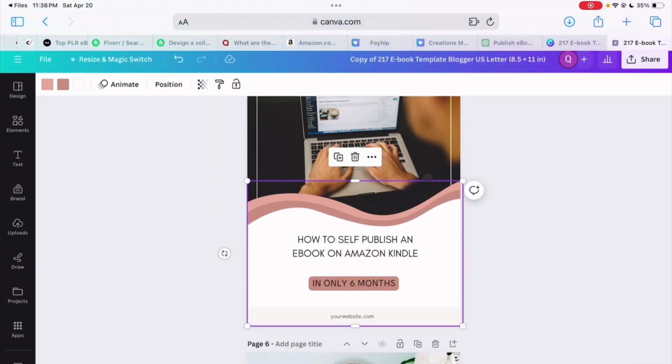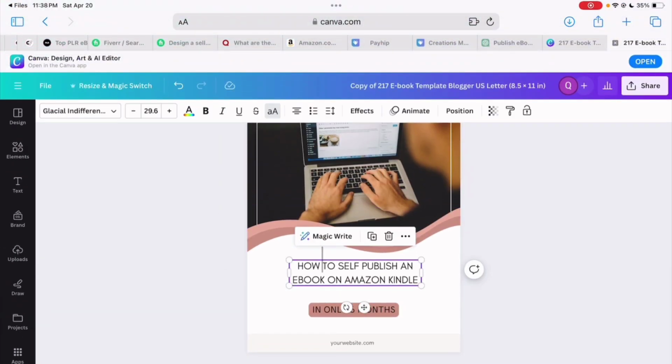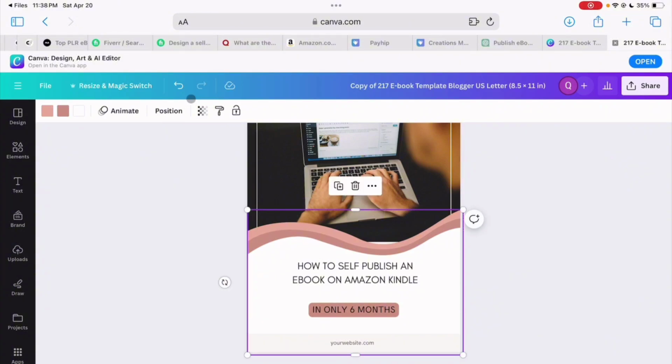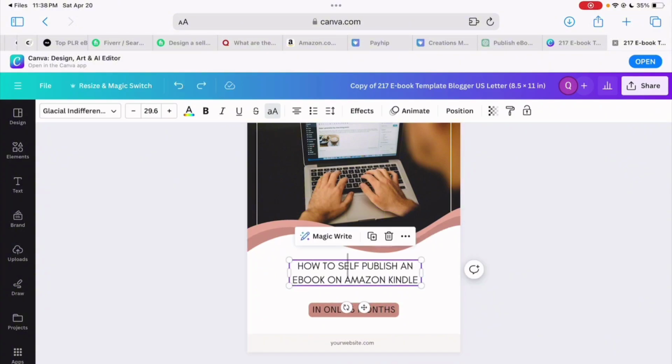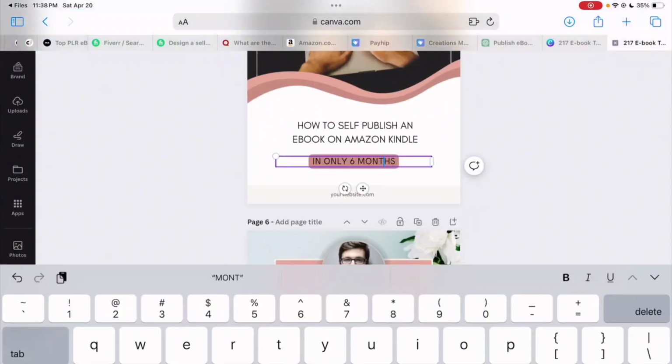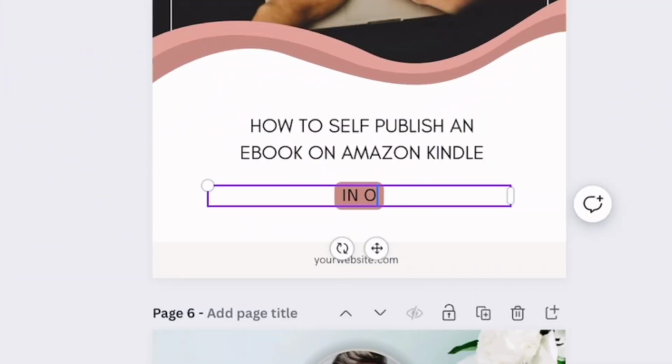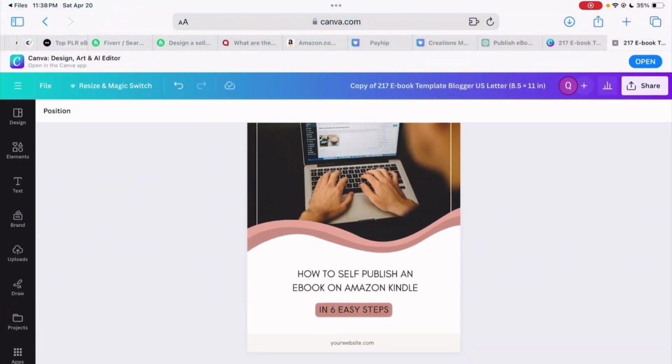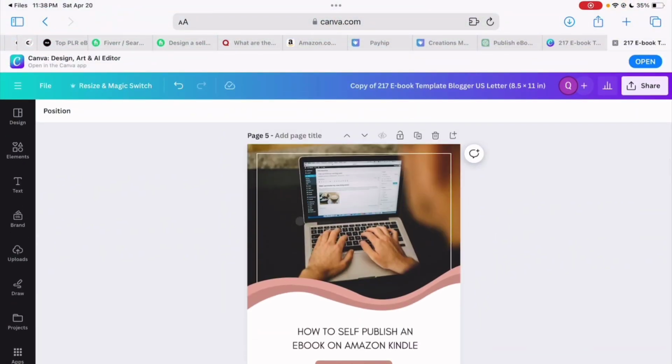And then at the bottom, oh, let's hit the back button on that. At the bottom, you would move this down, and you could put in however many steps, right? So in 6 easy steps. So you would match it to however many steps, and we could easily drag and drop and change out the